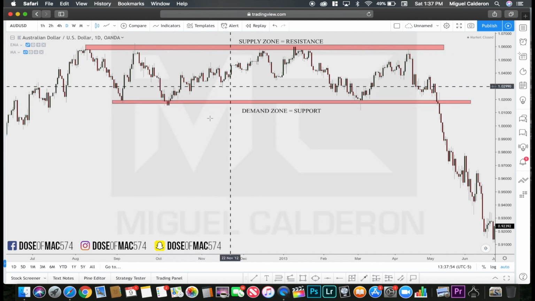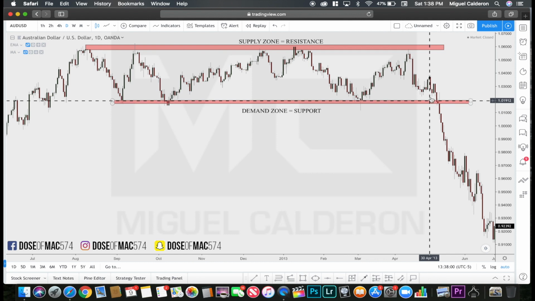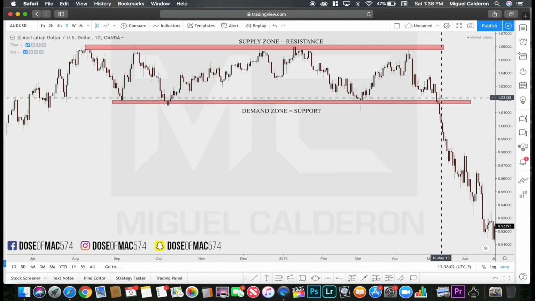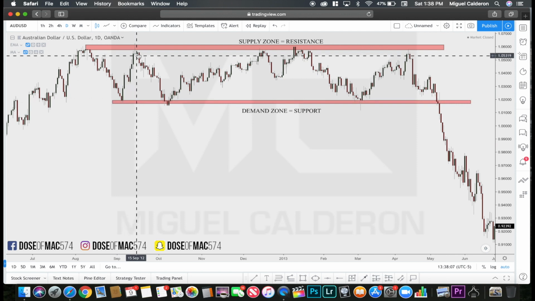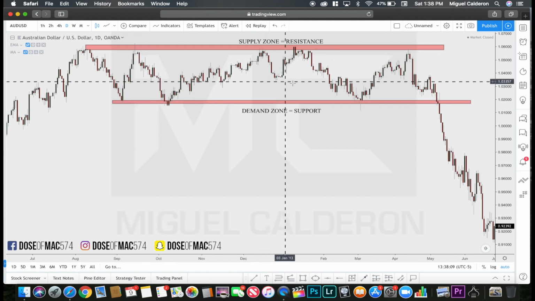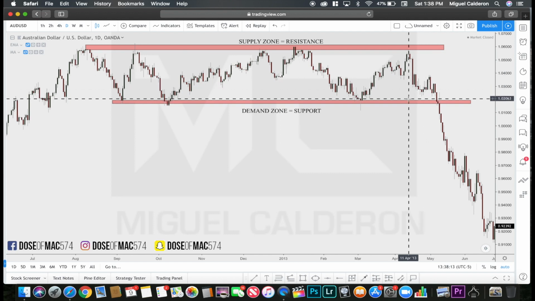your supply zone. Now, this isn't going to happen every single time because eventually any given zone is going to be broken. As you can see right over here, it ended up getting broken eventually, but it did have a huge run. One hit at the bottom, 2, 3, 4, 5, 6. 6 powerful moves. And as you can see, this zone, if we're going to measure this,